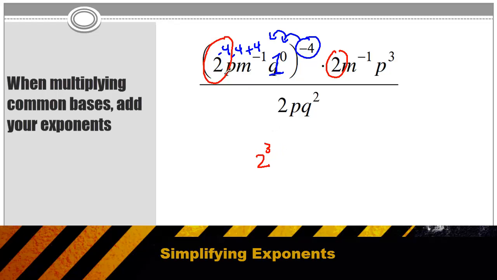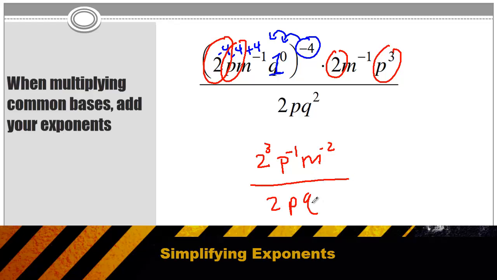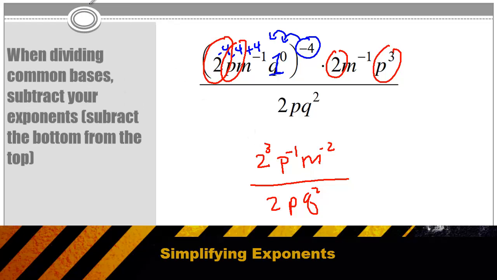Next, I'm going to add my p to the negative 4 and my p cubed, and I'm left with p to the negative 1 on top. Combine my m's, and I get m to the negative 2. And then on the bottom, I have a 2pq squared. Now, since I'm dividing, I'm going to subtract my exponents, and I'm left with a 2 squared on